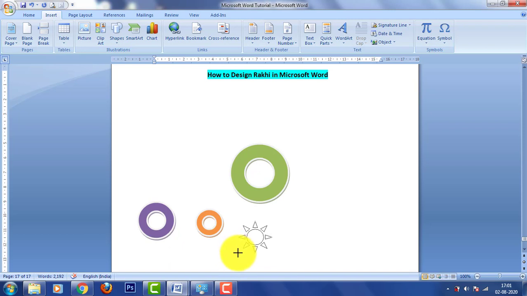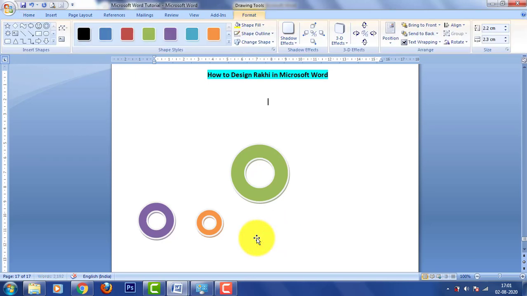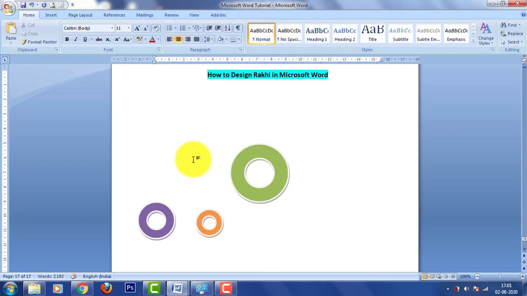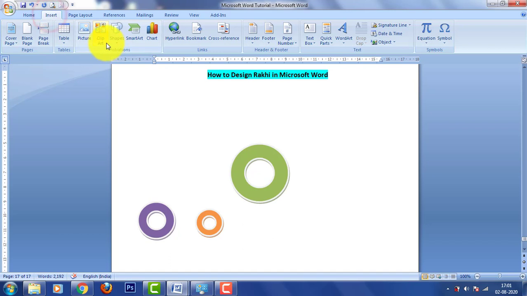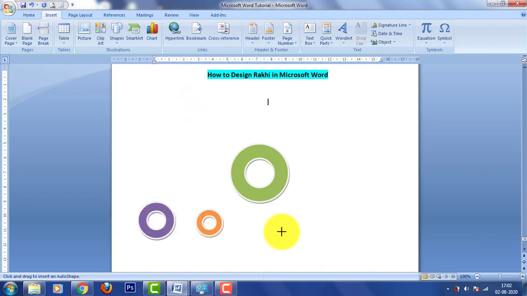I just forgot to tell you, so let's delete it. Even I missed it out. Select it, press the left button with the Shift key pressed, and then drag it and then release the button.